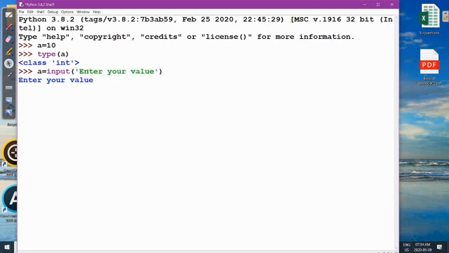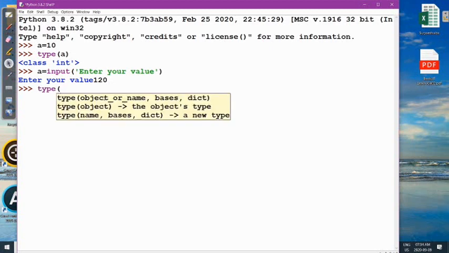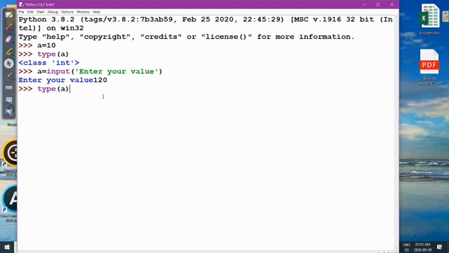See, this message will display to the user to enter a value, and then the user will enter a value, say 120. Now you can check the type of A. Type is a function which returns the type of value of a variable. See, this will return that this is a string value.